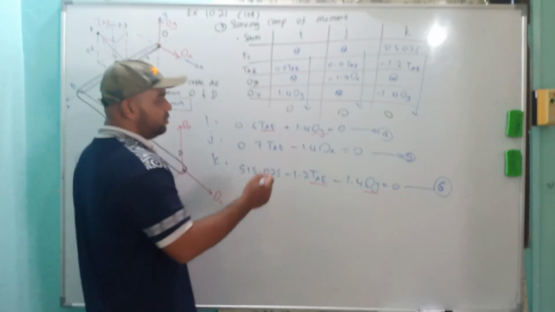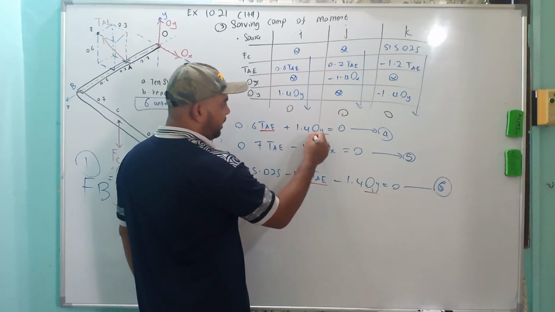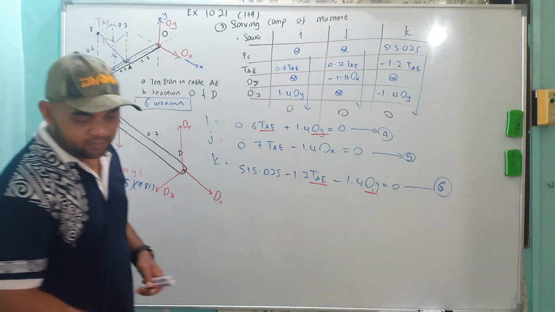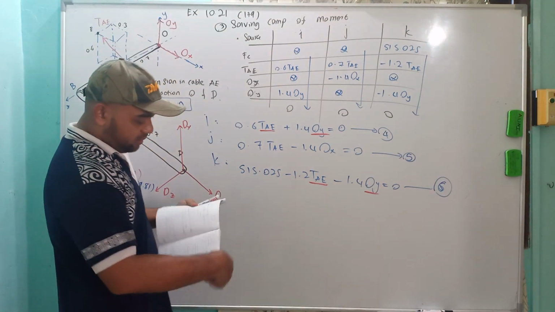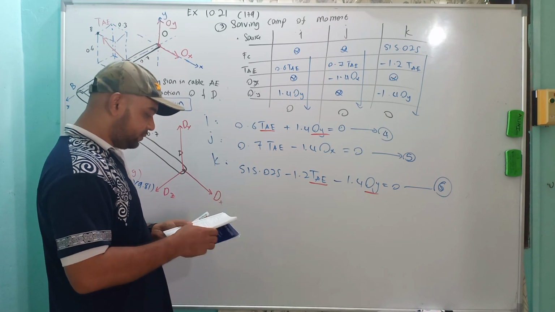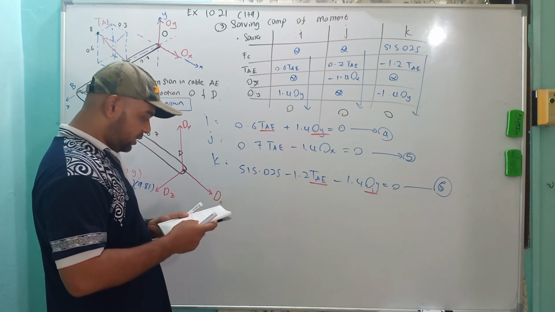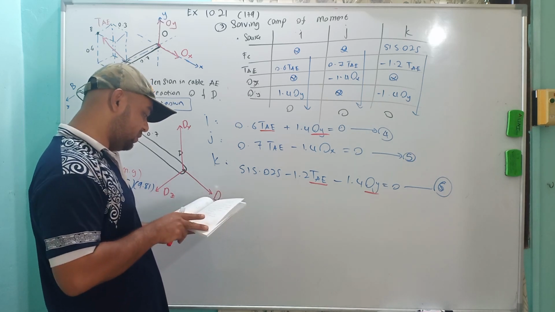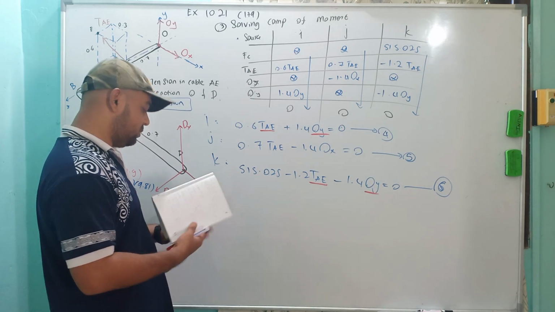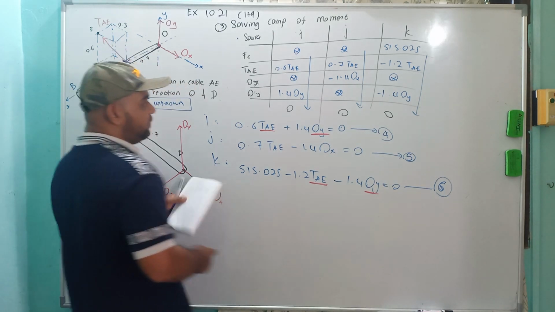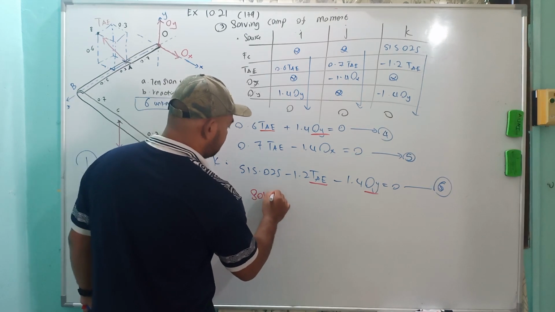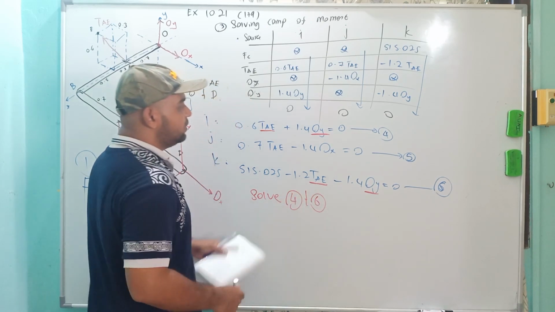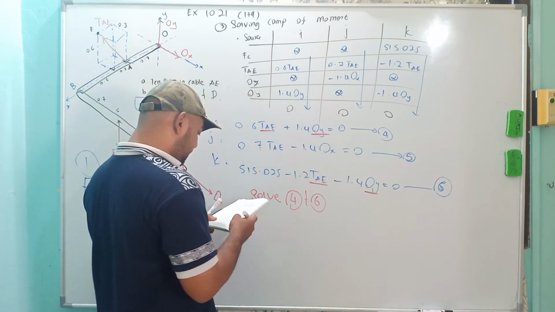Looking at equations 4 and 6, we have TAE and also OY, so you can solve those first. I'm not going to solve it one by one. Okay, so where is my TAE? TAE is this one, so I have solved the TAE. Okay, solving from equations 4 and 6, you will have the